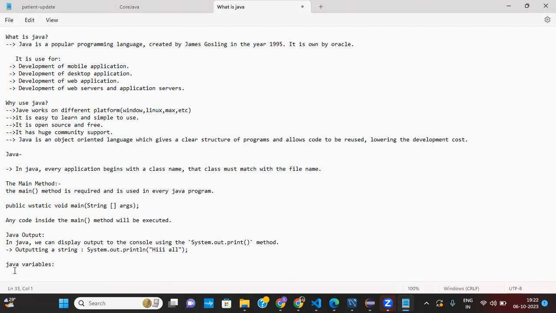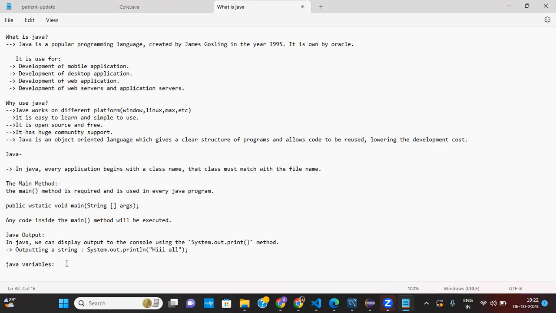For example, a string variable stores text such as hello or hi world, surrounded by double quotes. And there are integer, float, character, and boolean. These are the different data types of variables.